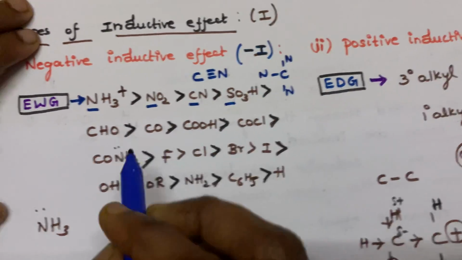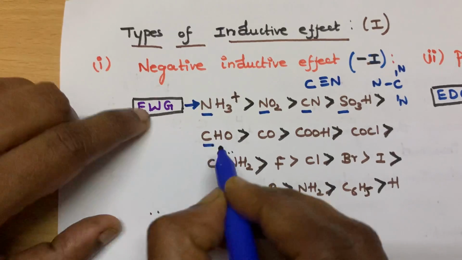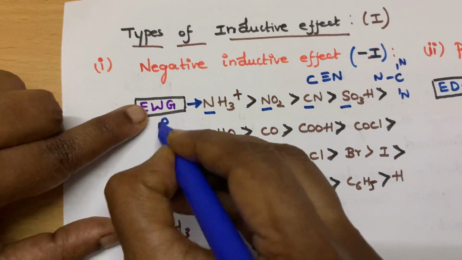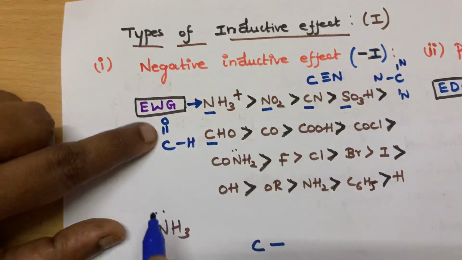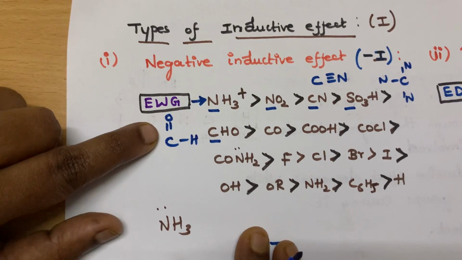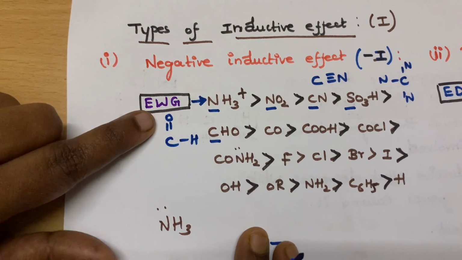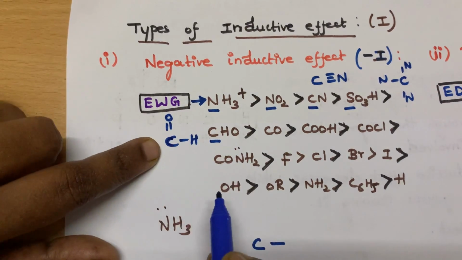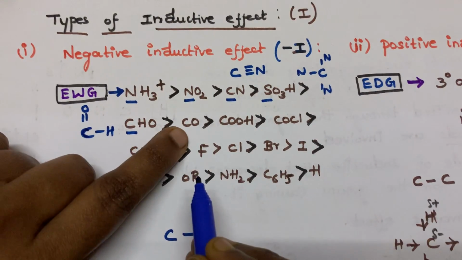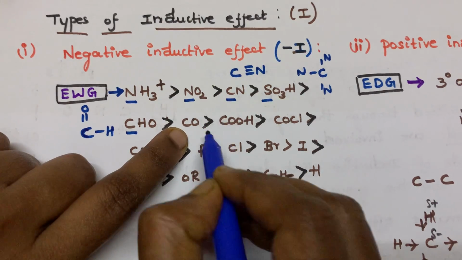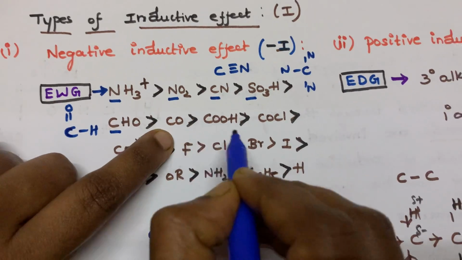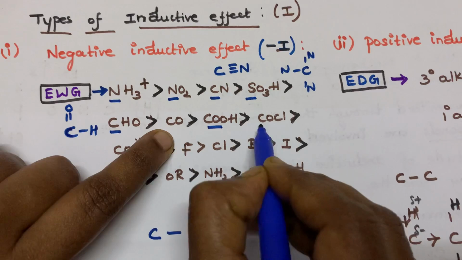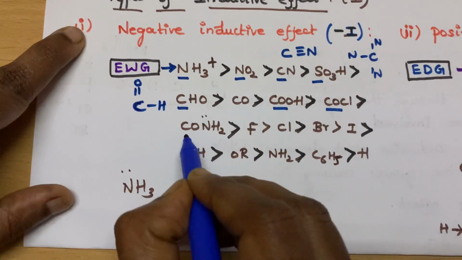Here it is sulfur. Here, carbon only, but look at the structure: carbon double bond O, so it is bonded twice to oxygen. In turn, oxygen is a highly electronegative atom, which makes this aldehyde very electronegative. This is the ketocarbonyl, and this is the acid carbonyl, this is the acyl carbonyl, and